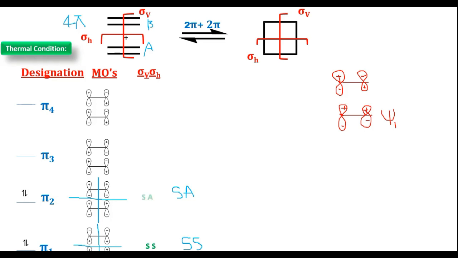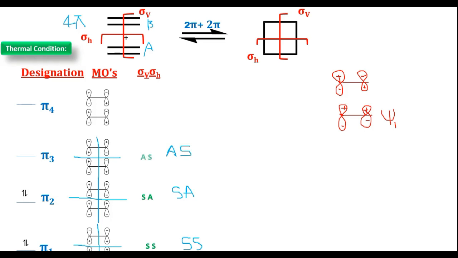So symmetric and asymmetric. Come to here, use the vertical plane of symmetry. You can easily understand this. Here you have plus, minus. In the mirror, what are you observing? Plus. Here you have minus. In the mirror, what are you observing? Plus. Therefore according to the vertical plane of symmetry, this is asymmetrical. And use the horizontal plane of symmetry. Plus is there, in the mirror also you are observing plus. Minus is there, in the mirror also you are observing minus. So therefore, according to the horizontal plane of symmetry, it is symmetrical.